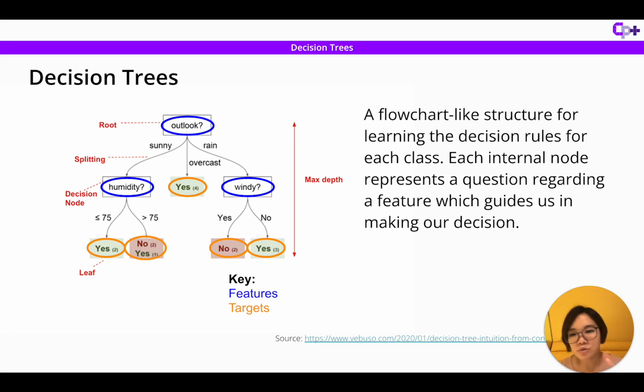This diagram here shows a decision tree with some of the terminologies there. So sometimes when we talk about the depth of the tree, that means how long your tree is, how many decision nodes you have. The root is the very first